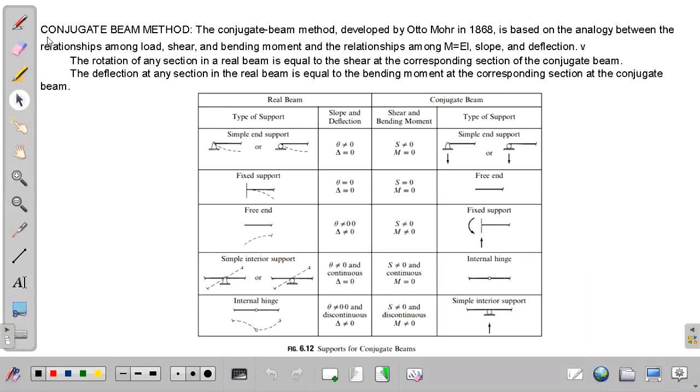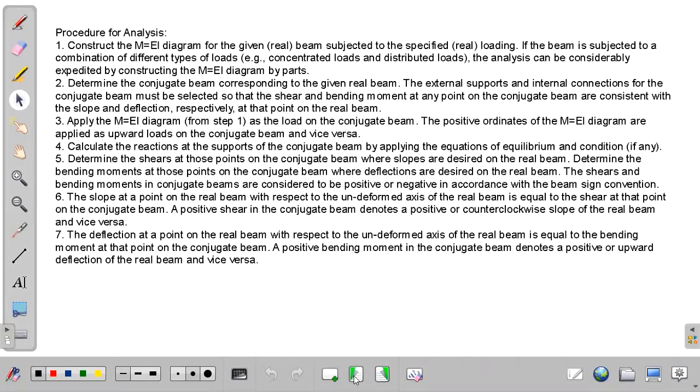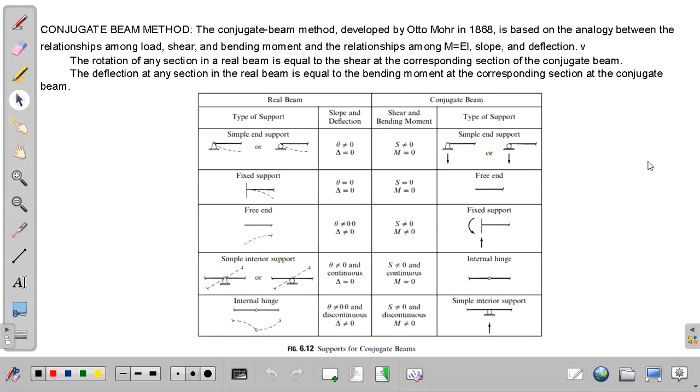Okay, so last meeting I uploaded your module here, so I hope you have read and internalized the given procedures to solve for the conjugate beam method. Okay, so for the conjugate beam method,